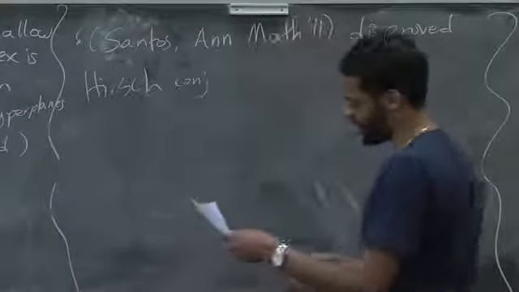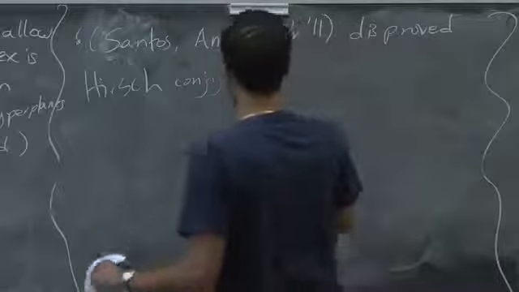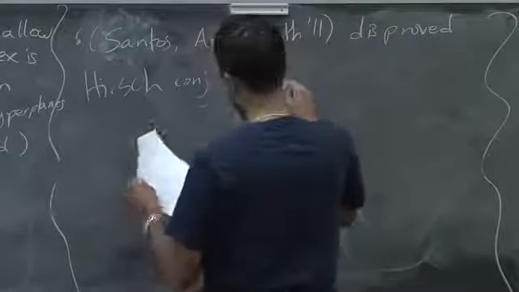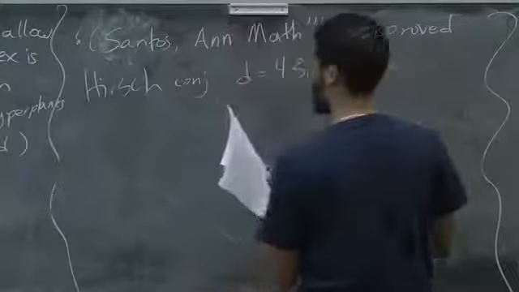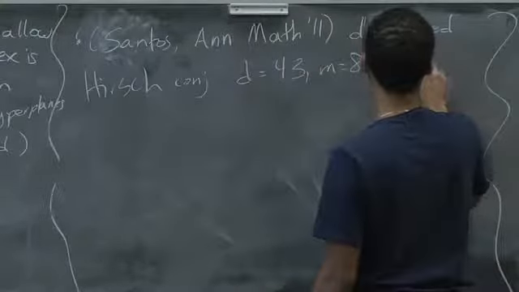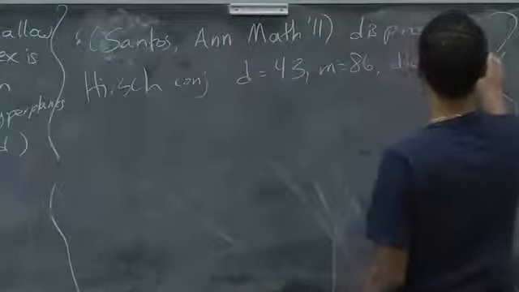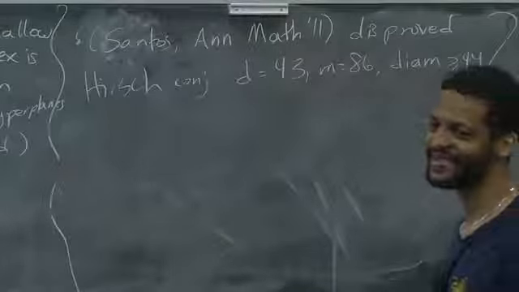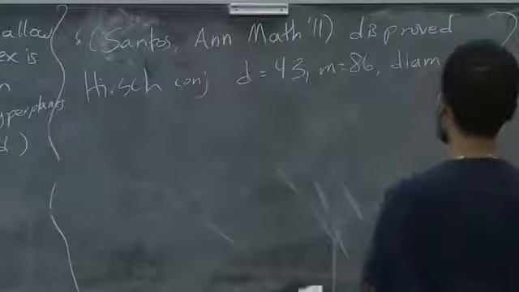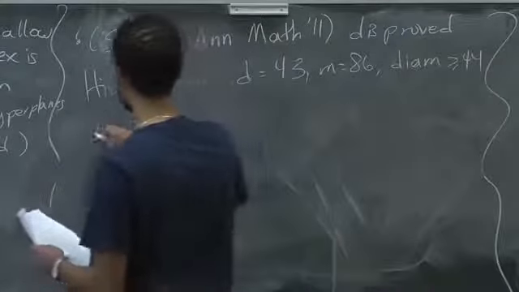And he came up with an explicit polytope where d was 43, m was 86, and the diameter was at least 44. So off by 1. Okay, so, huh? What? A new conjecture? But then he also showed